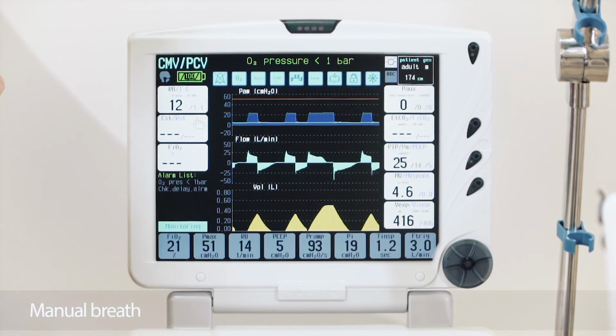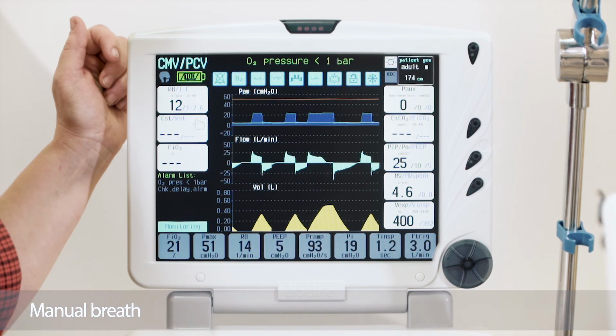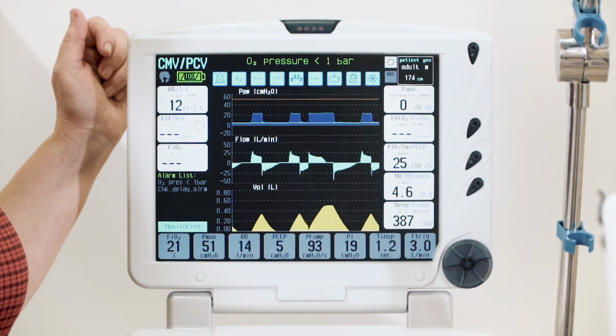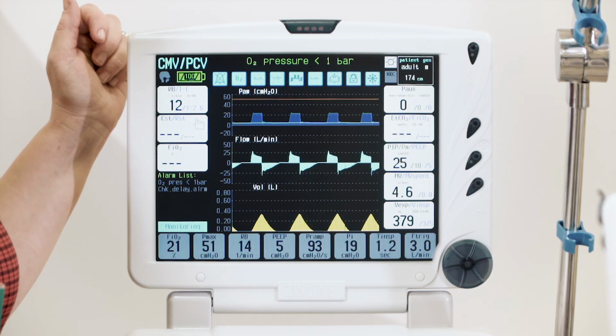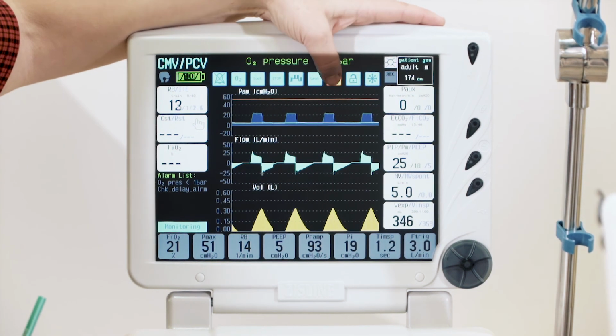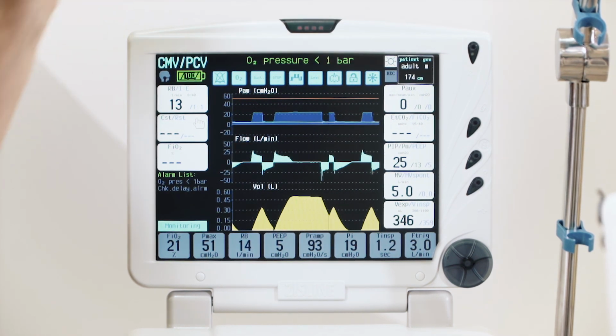Manual breath. The manual breath function, a single mandatory breath, is for diagnostic and treatment procedures, for example, X-rays and synchronization with nebulizer operation. Also, the doctor can use only manual ventilation. Manual breath continues while we hold the button, but not more than 15 seconds. After 15 seconds, the manual breath is stopped and ventilation is started with current parameters.